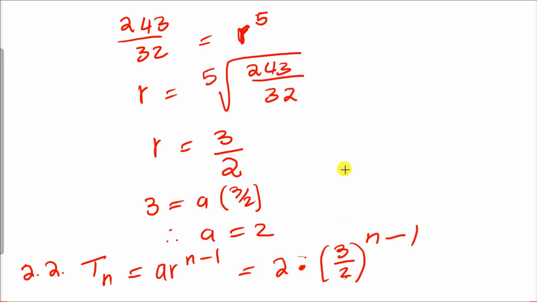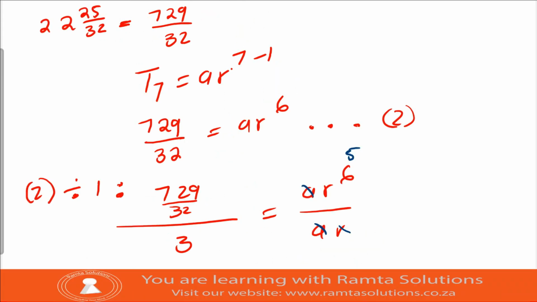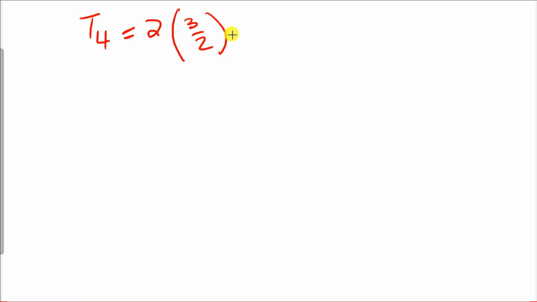Okay, now I'm going to look for T4. So now T4 equals 2 times 3 over 2 to the power 4 minus 1. Let me get my answer. 2 times that, our answer is